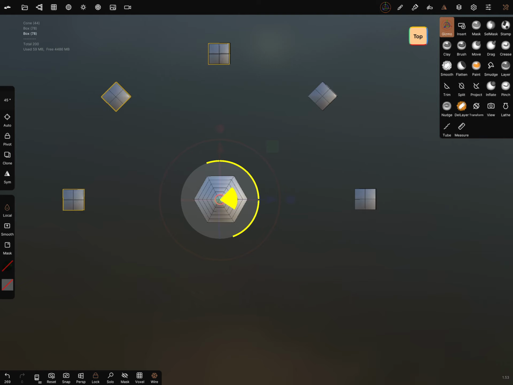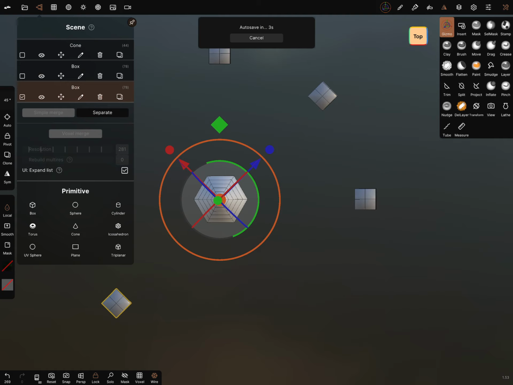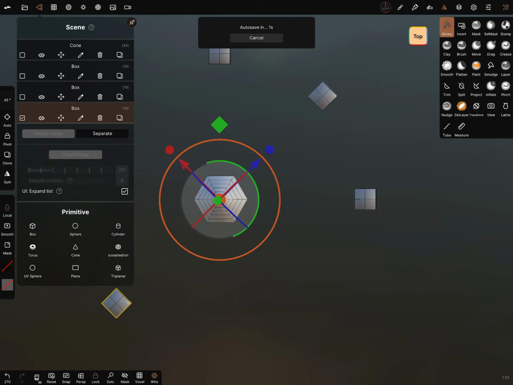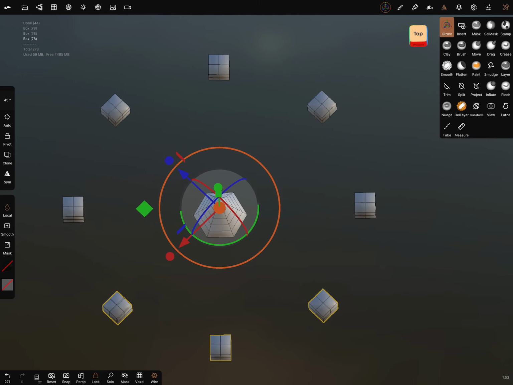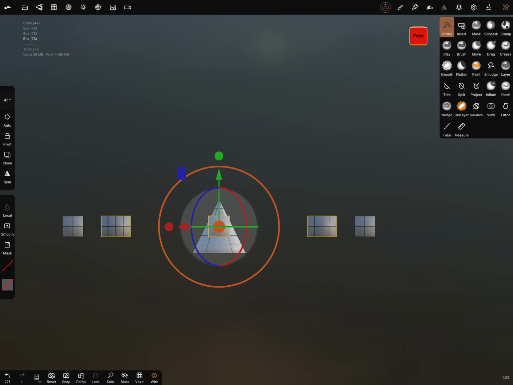and it seems to be exact. Okay, check the front view.